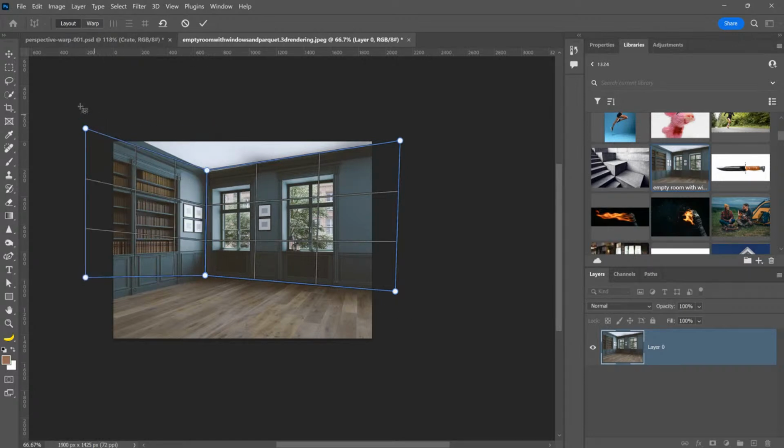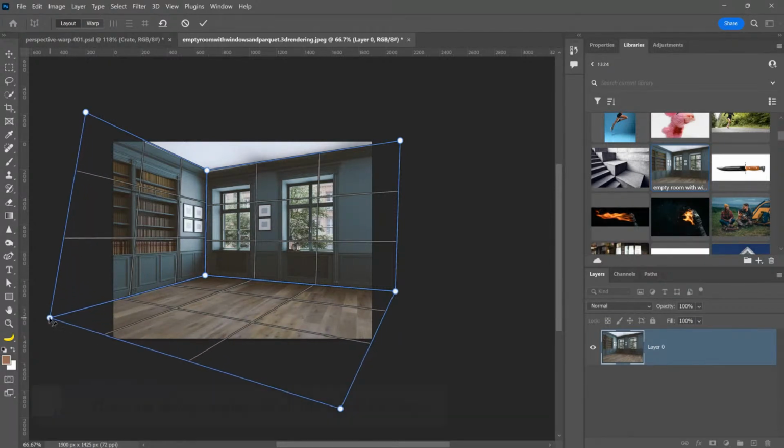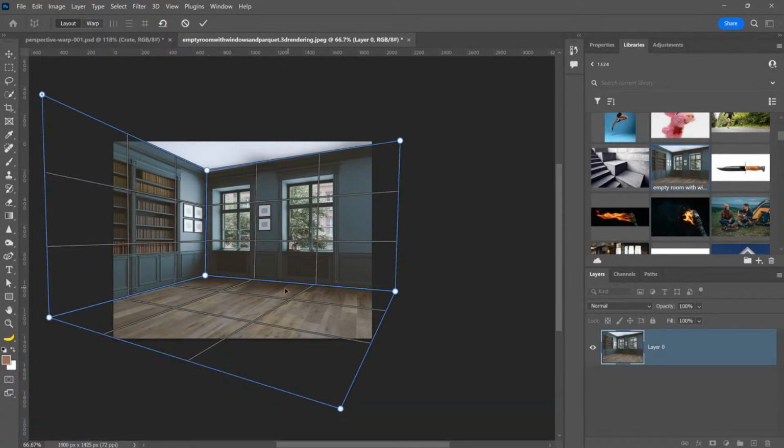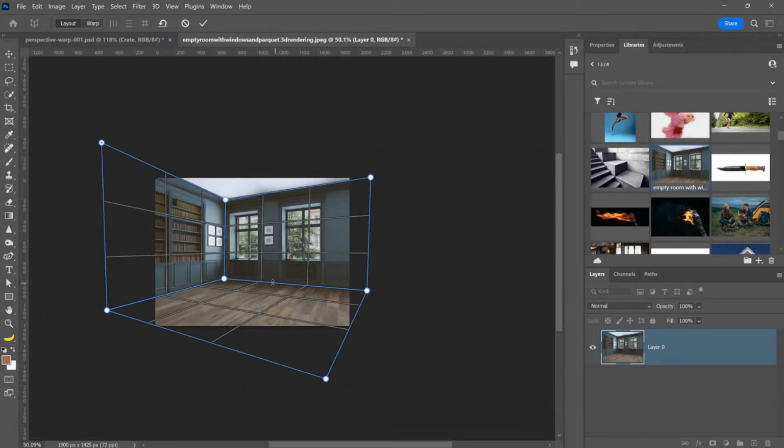And then I can do this side. Nice. And now I will do the bottom and snap that into place and then place this one accordingly. And I just want to make sure that the entire image is in there. Cool. And what I can do now is press the W key to go into warp